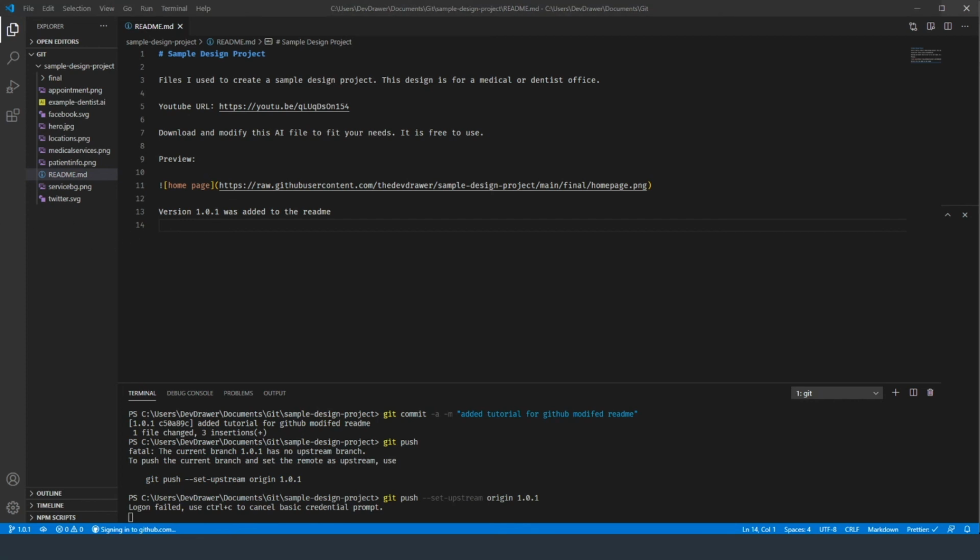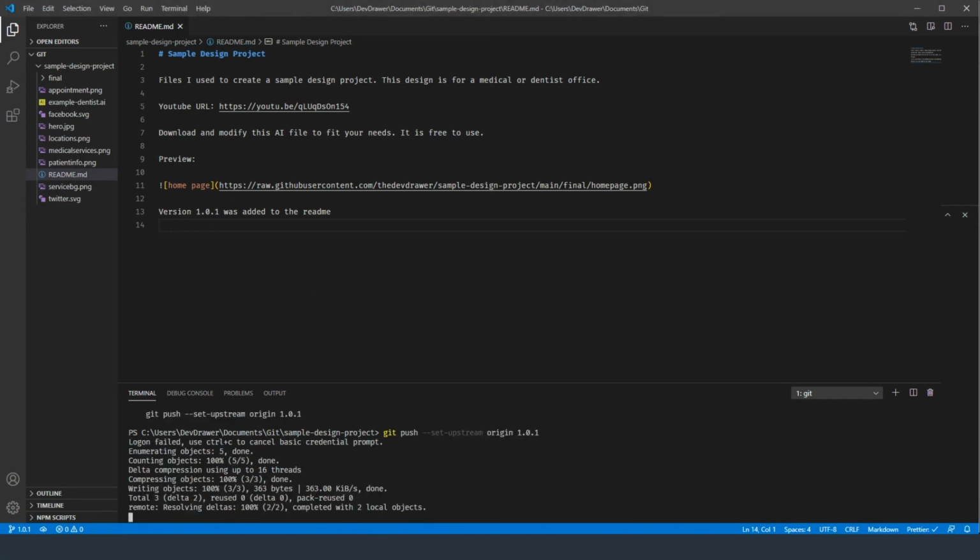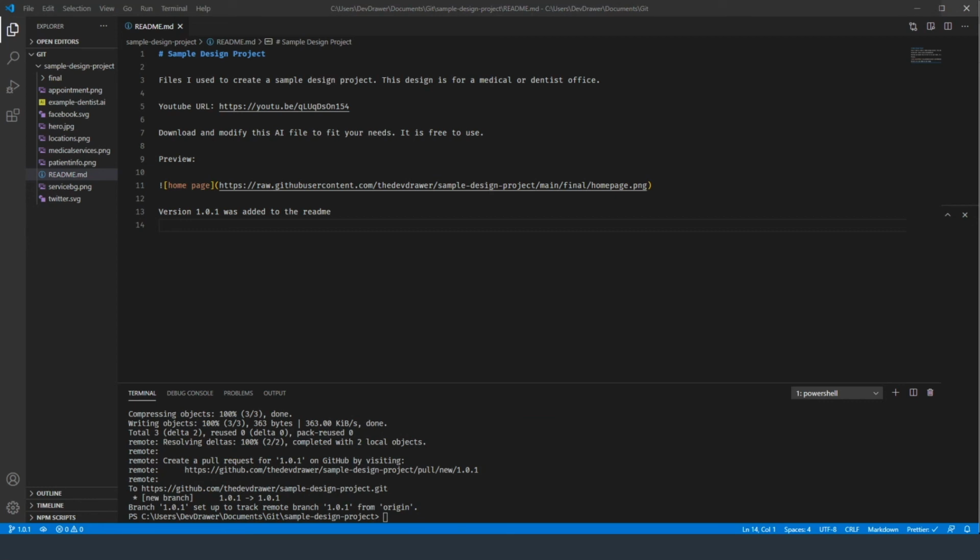Apparently I've never used GitHub on this machine, so I need to authorize GitHub. Okay. Alright, so if you run into that issue, which I just did, I wasn't expecting to see that, essentially it's going to open up a browser window for you to confirm that you want to log into your GitHub